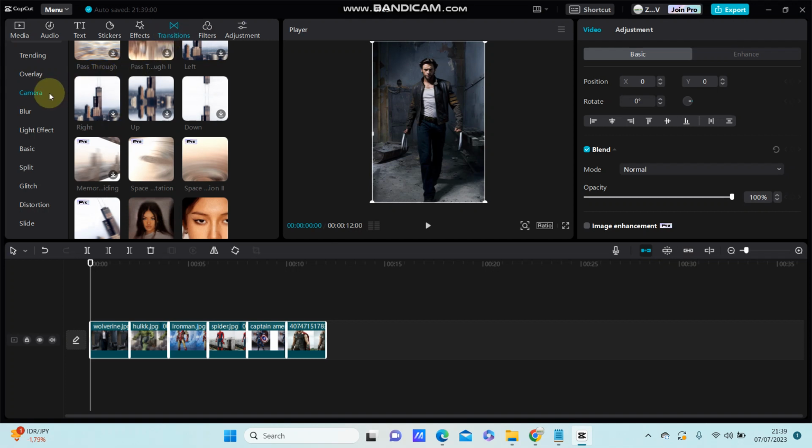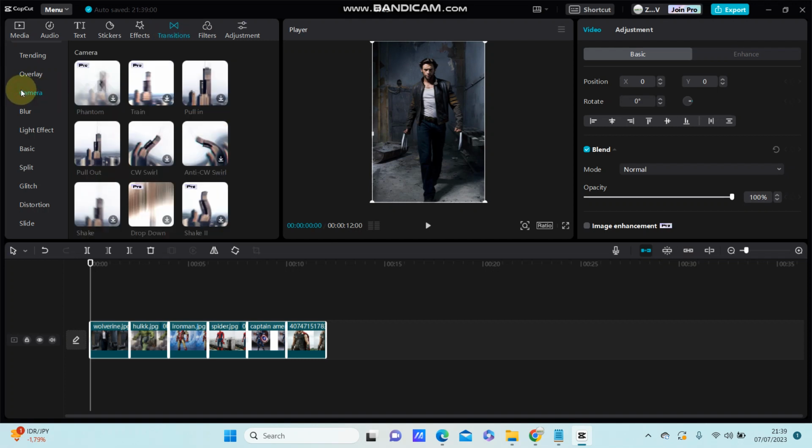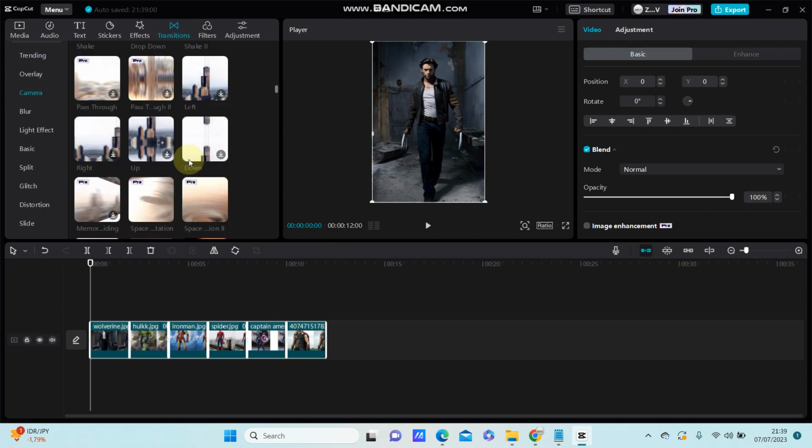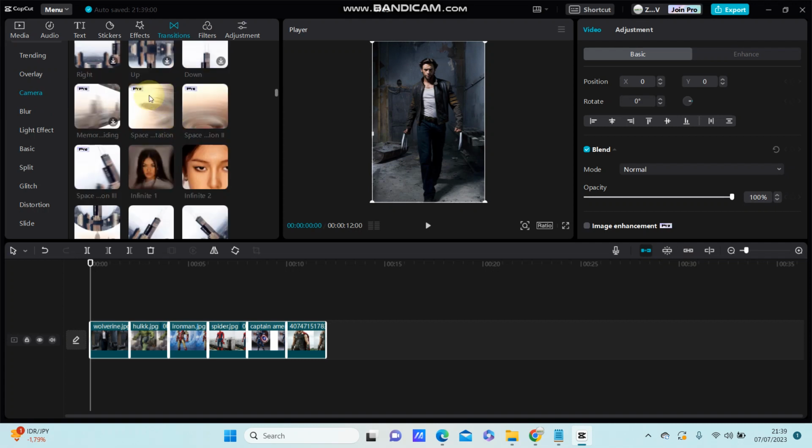Go to transition and select camera. Scroll down, you can find space rotation 1, 2, 3. So this is pro, like you have to join pro to be able to use this effect. So you can see for the space rotation 1,